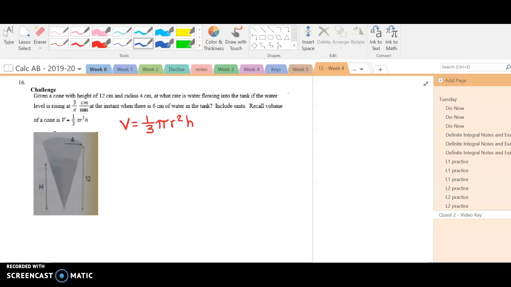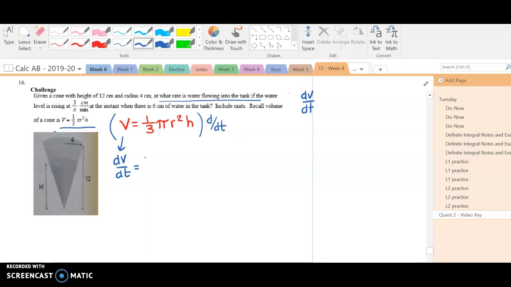As we look at this problem, in some ways it's easier than others because we've been given our base equation and we've been asked to find what rate water flows into the tank. So we're looking for dV/dt. The way to find that is to differentiate this entire equation with respect to t. When we do, on the left, we get dV/dt